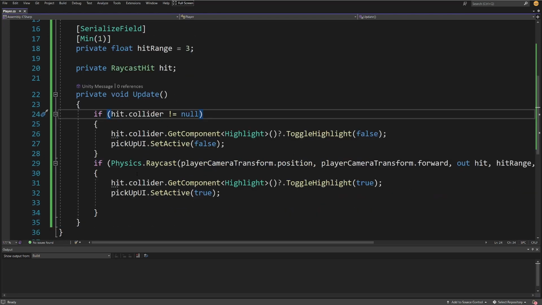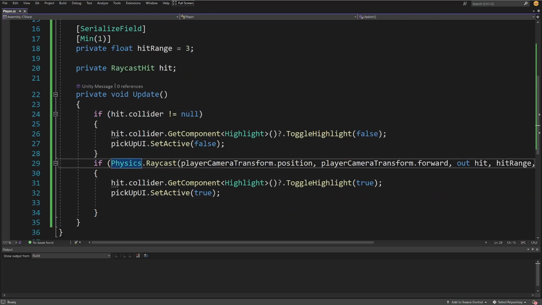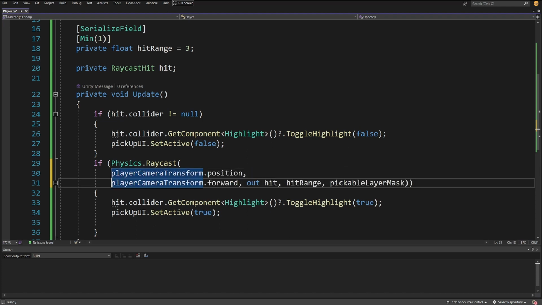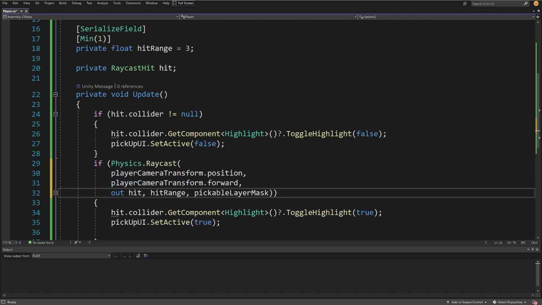Next, to detect our objects, we are going to use Physics.Raycast. So if Physics.Raycast, we are going to use playerCameraTransform.position as the origin of our raycast. We are going to use playerCamera.forward as the direction of our raycast. We're going to use out hit, so we're going to save the information about what we have hit in our